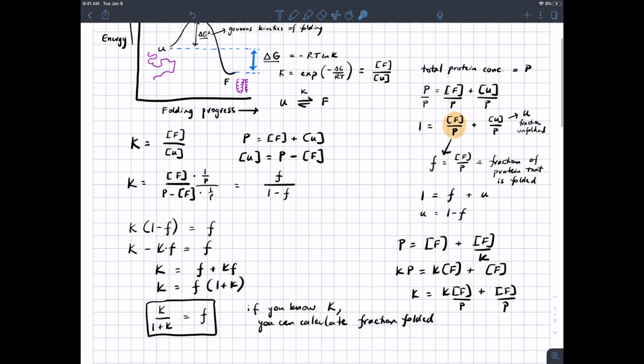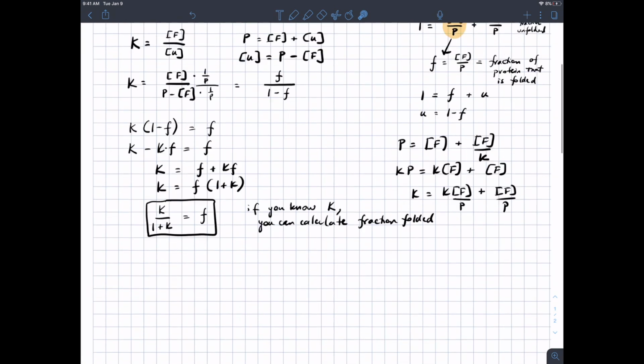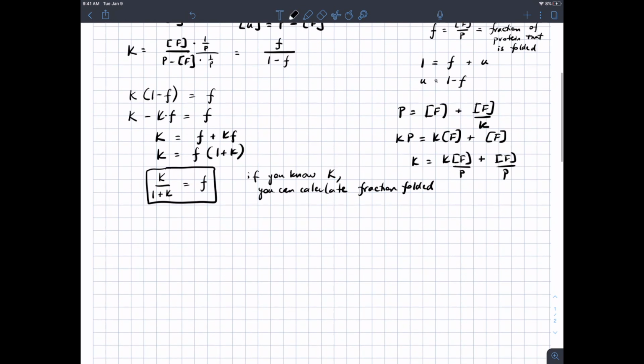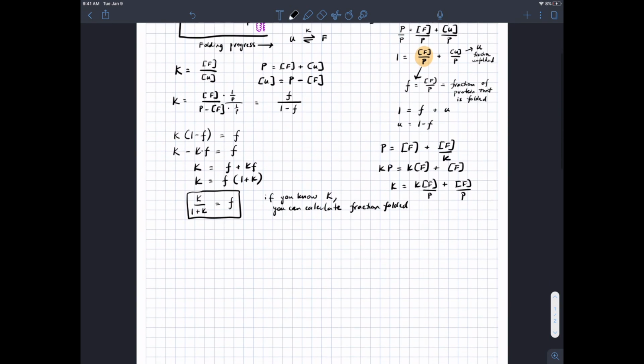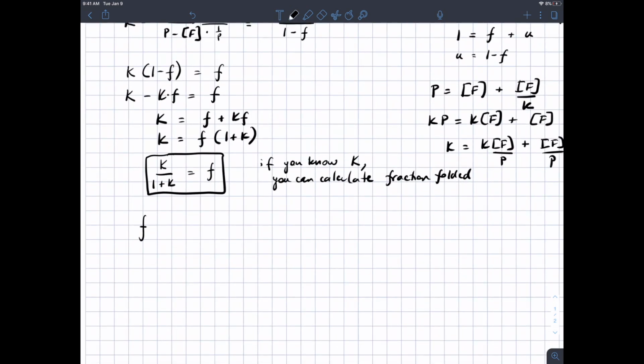And then if we want to go a bit further, we could say, based on the definition of equilibrium constant, that fraction folded equals the exponential of minus delta G divided by RT over 1 plus the exponential of minus delta G over RT,